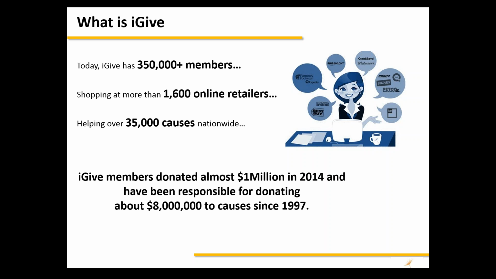There are those 1,600 retailers, and there are 35,000 causes. That's important because if yours isn't already there, you can list a new cause. Or a friend of yours wants to help something, but doesn't exactly want to help the cause you care about, he or she can choose to list a new cause. We're doing great. It's because of those 350,000 members. We're helping over $1 million go this coming year, again, to causes big and small,